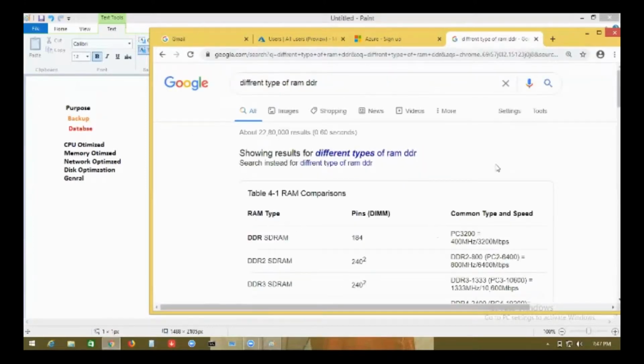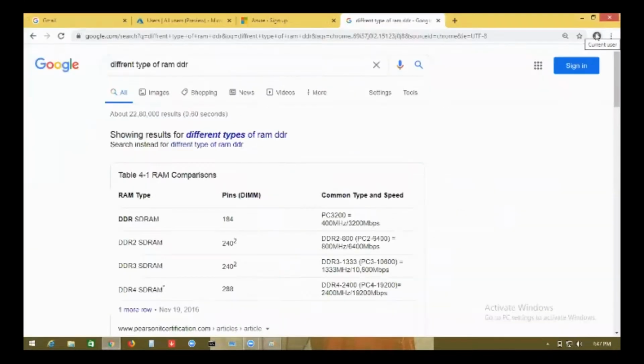Look at that. I have DDR2, DDR3, DDR4, and all are coming in the same 4 GB, 4 GB, 4 GB.